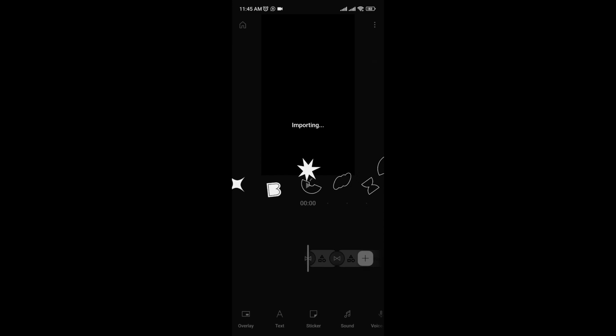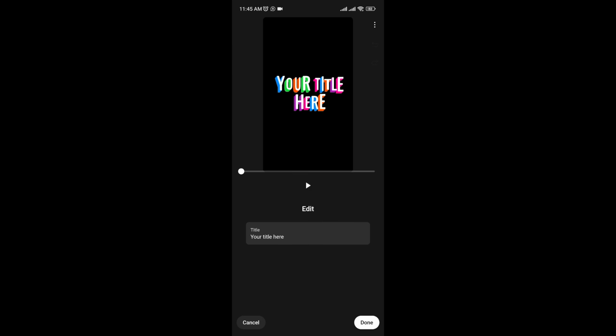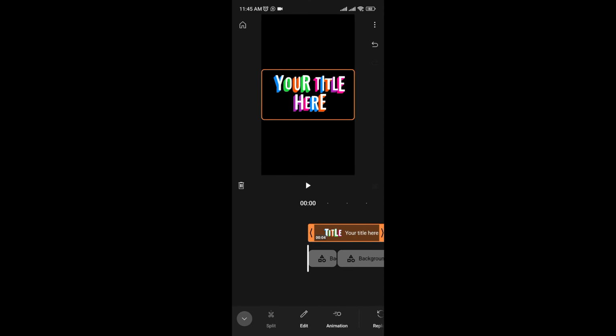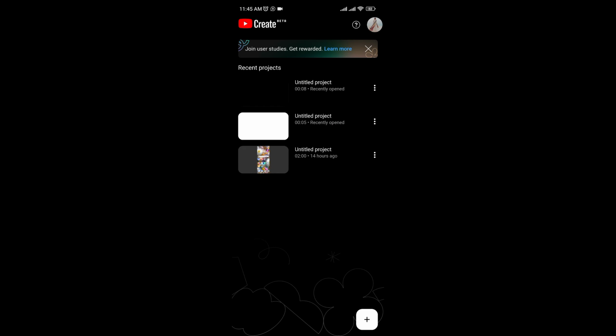Also guys, if I have to add text on it, I can tap on this A icon, and then after that I have to tap on the text effect, and I can select the text, and I can just simply tap on done. From there I can use the different features, and this is how you can create the project and use the